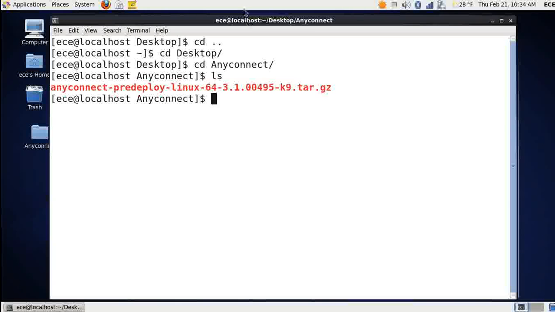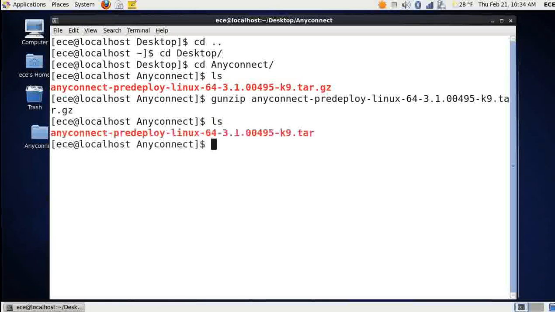This file is actually packed and then tarred. So we're going to uncompress the compressed file by typing gunzip, known as gunzip by many Linux guys, and we'll hit enter. We'll type ls, and you'll see the .gz disappeared from the end, and the file will be a little bit